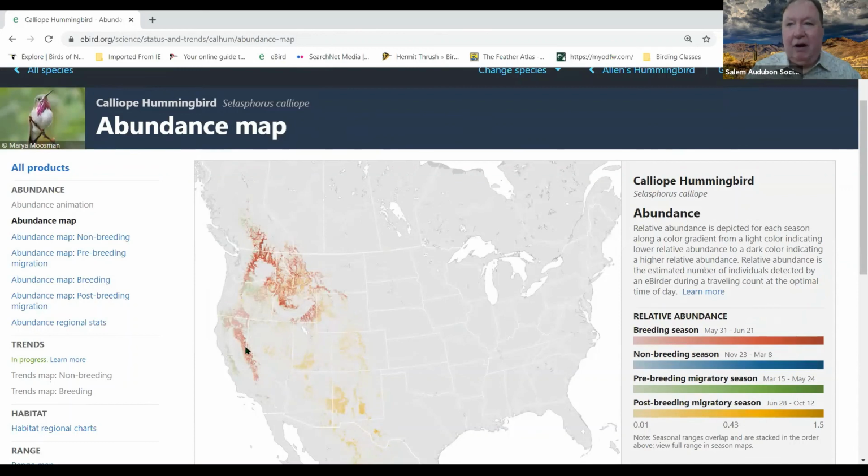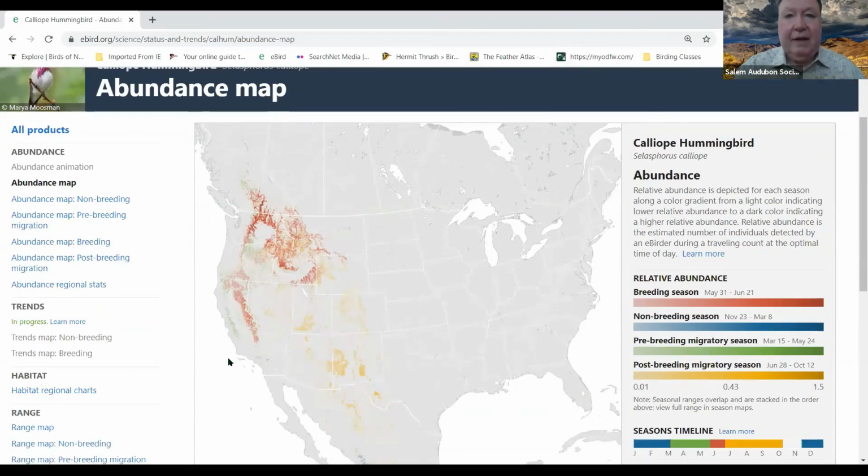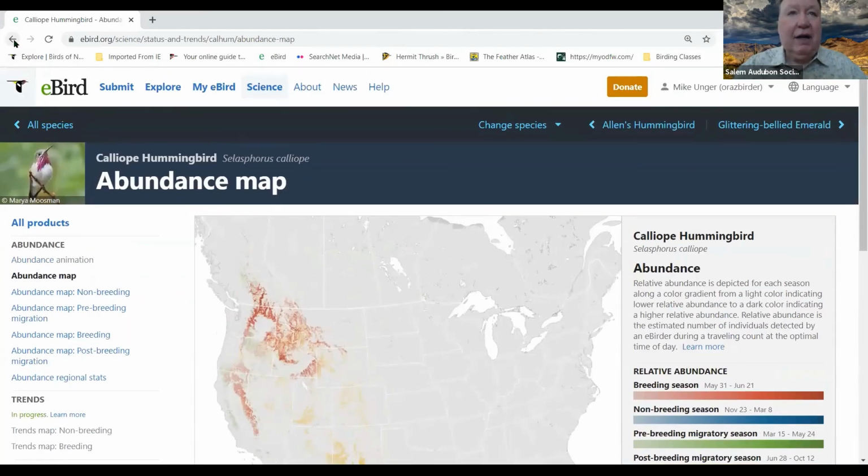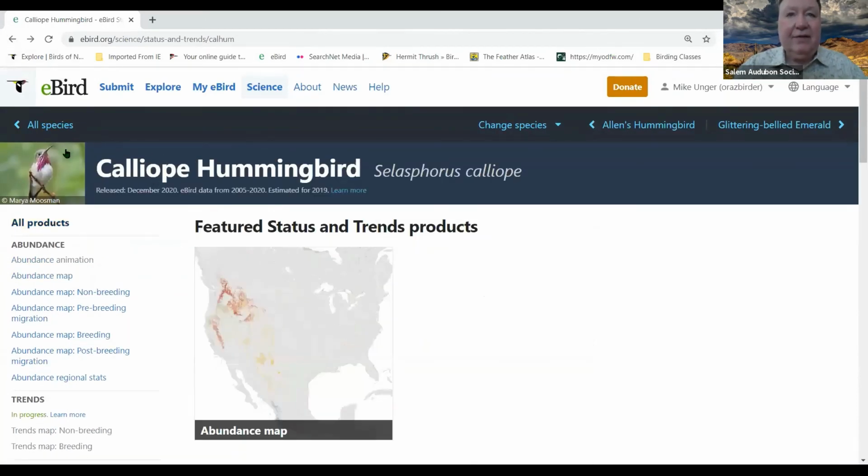And you can see where they are during the breeding season here, along here, and you can see here in Eastern Oregon and up in Eastern Washington and up in the mountain west. Some of them don't have the actual abundance